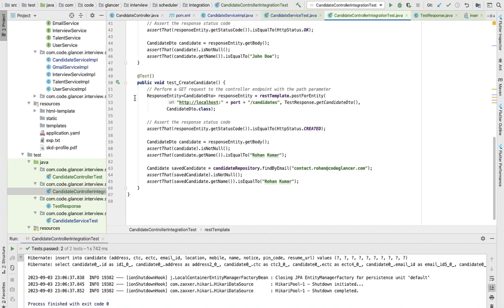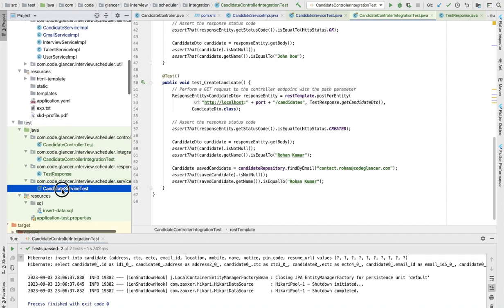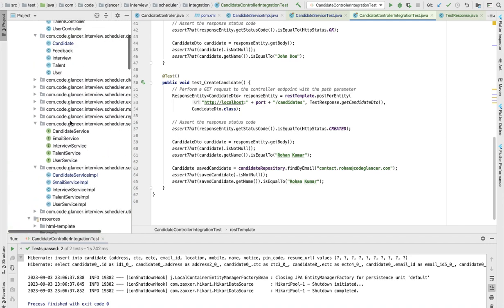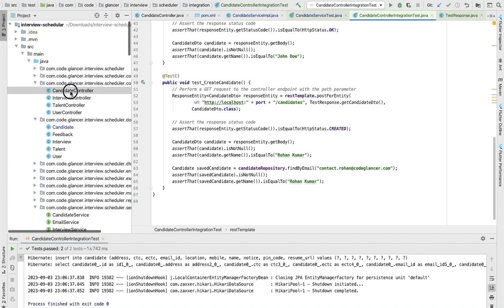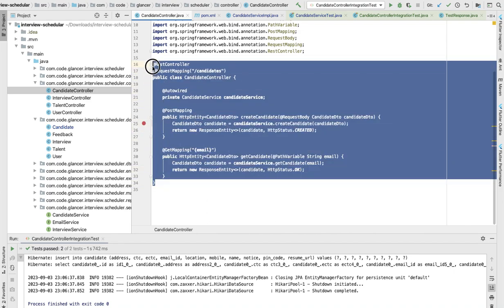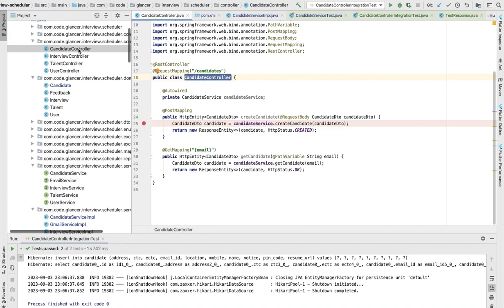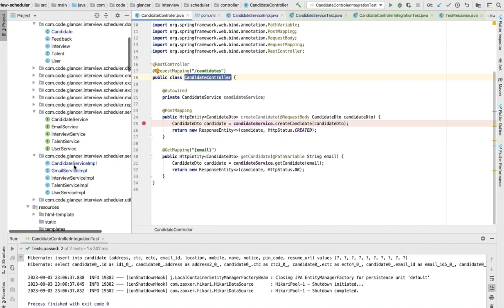All right, so now we have written the unit test case for the candidate service, and then we have written the integration test case. But one more thing we have not written, that is the unit test case for the candidate controller. Most people get confused between writing the unit test case and the integration test case for the controller classes. So if you compare this controller class with the service class,